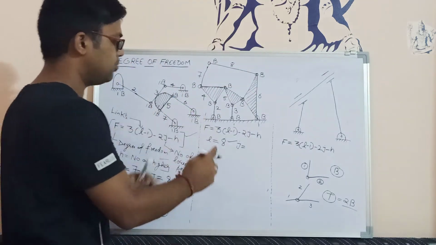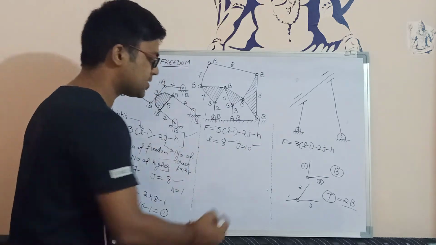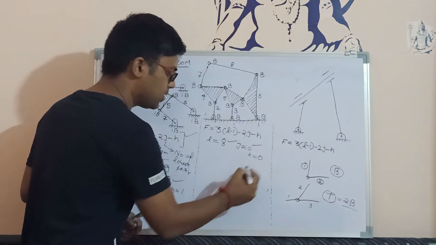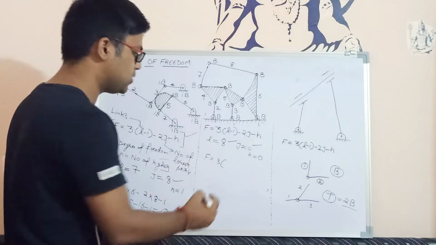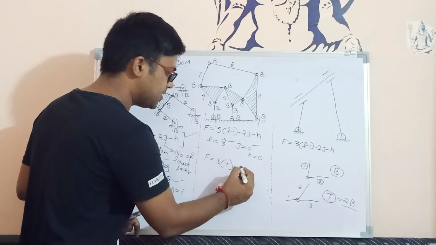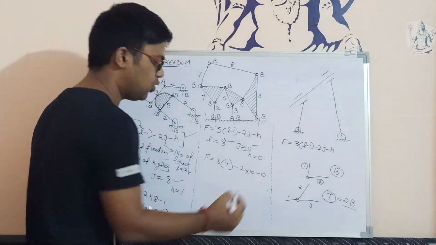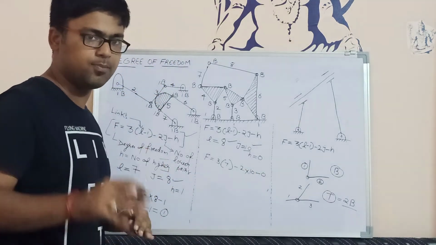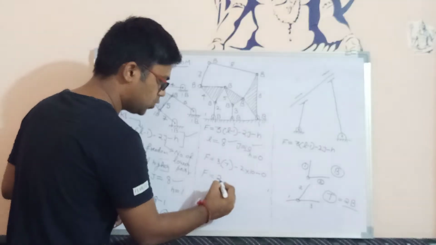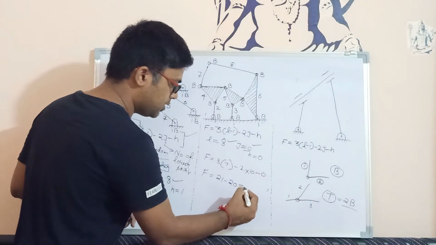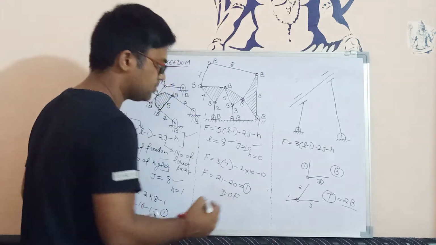So we are having 10 binary joints in this case. So L is 8, J is 10 and H is going to be 0. So we have to apply the formula of degree of freedom. It is going to be 3 into (L minus 1), that is 8 minus 1, 7, minus 2 into J, J is 10, minus higher pairs, they are only 0, there is no link that is having point or line contact. So we can say F basically comes out to be 21 minus 20, again it is 1. So these bodies have 1 degree of freedom.